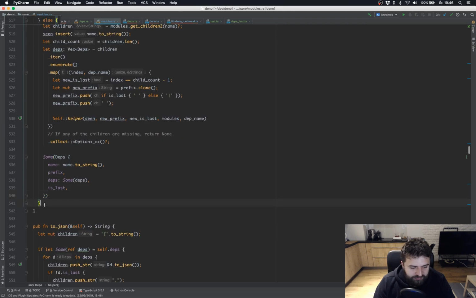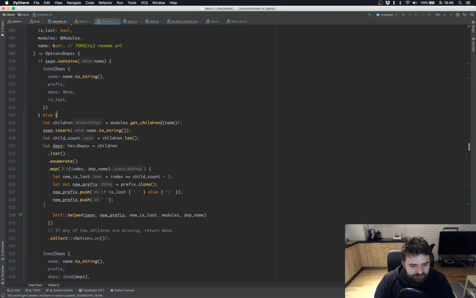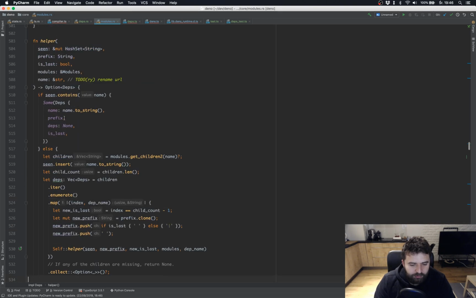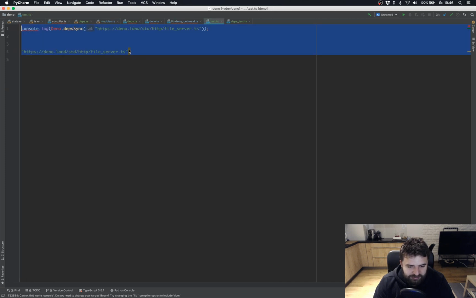Okay, so I think there's implicit. No, it's not. What's going on? Okay, so the problem is we're trying to get dependencies of a module which was not loaded into V8, so we do not have all the references to its dependencies, and we're unwrapping the option deps, and actually we're getting none instead of some. So what I'm gonna do for now, let's